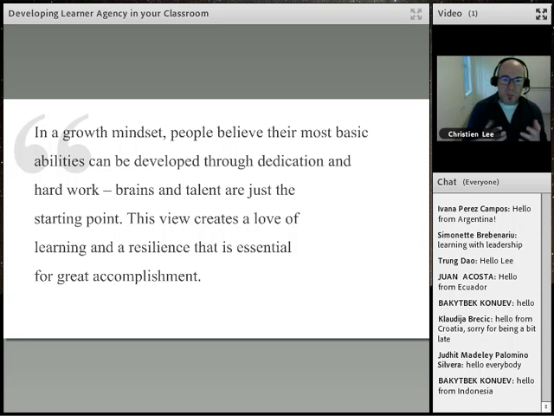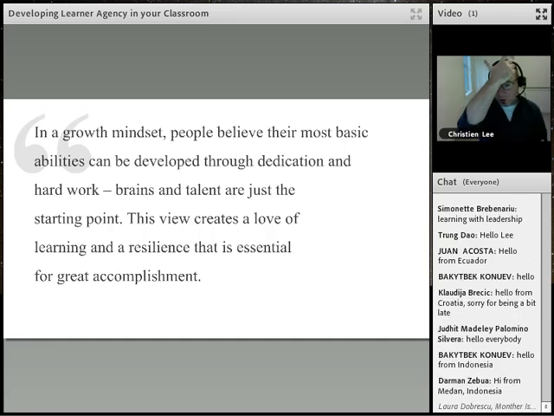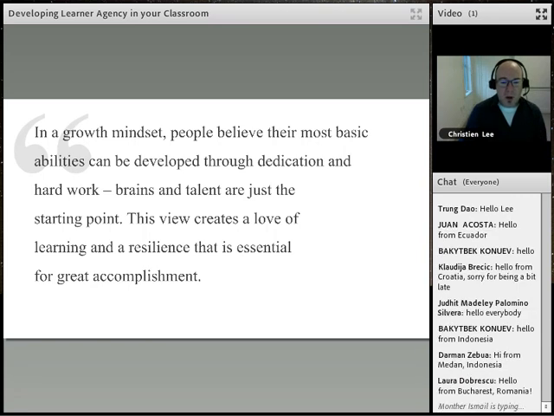In a growth mindset, people believe that their most basic abilities can be developed through dedication, through hard work. And brains and talent are important, but they're just the starting point for this journey towards learning. And this view, this mindset, can create a love of learning and a resilience, an ability to bounce back from problems. And this love of learning, this resilience, is essential for great accomplishment. Now, these are not my words. These are the words of